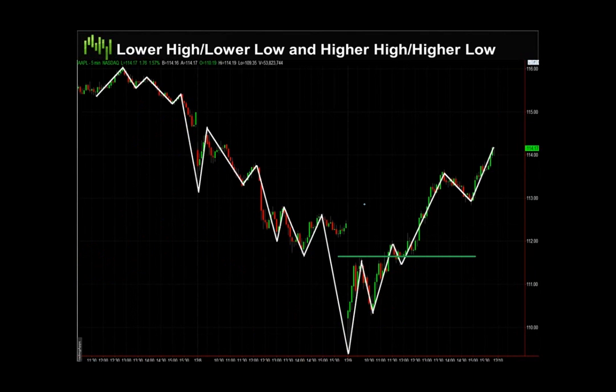This is Apple. This is on a 5-minute chart. Depending on the type of trader you are, because different traders trade different ways, right? Some people want to be swing traders, some want to be day traders. All right, if you're a day trader, you can trade a shorter time frame. You're a swing trader, you're going to use a longer time frame.